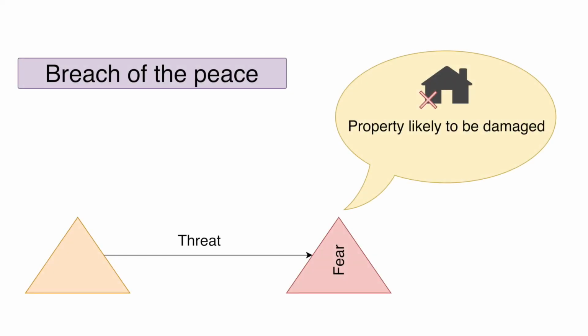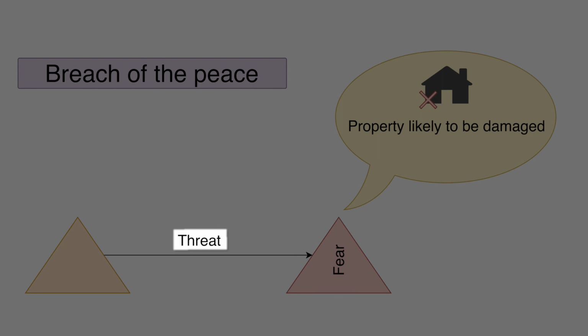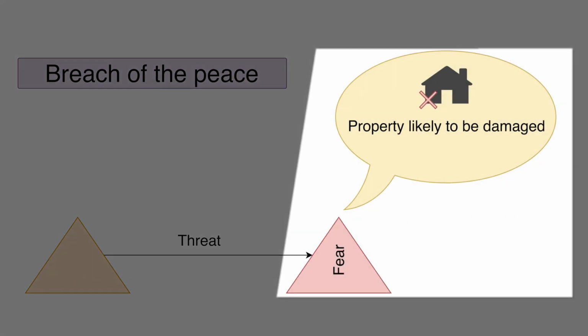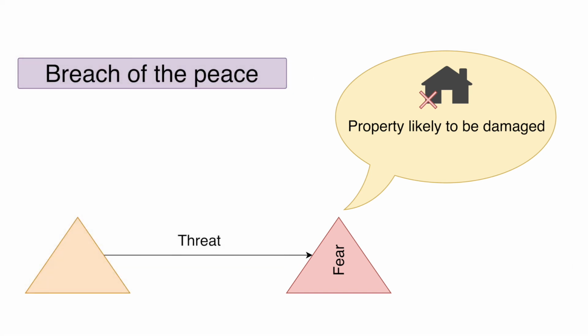Breach of the peace. It is unlawful to breach the peace and to threaten to breach the peace. The formal definition of a breach of the peace is an act done or threatened which actually harms a person or, in his presence, his property, or is likely to cause such harm, or which puts a person in fear of such harm. So the lowest threshold is a threat to do something which puts a person in fear that their property is likely to be damaged in their presence. That is the minimal form of a breach of the peace.